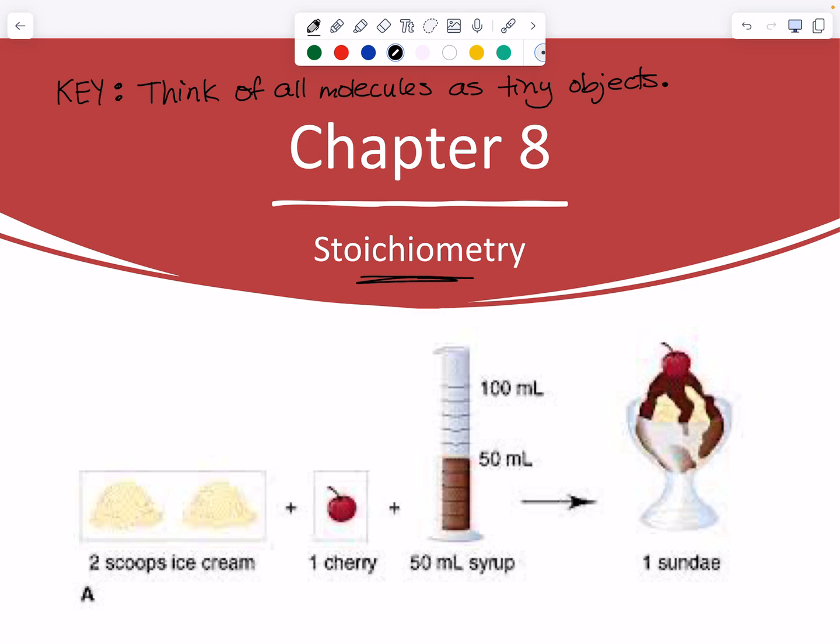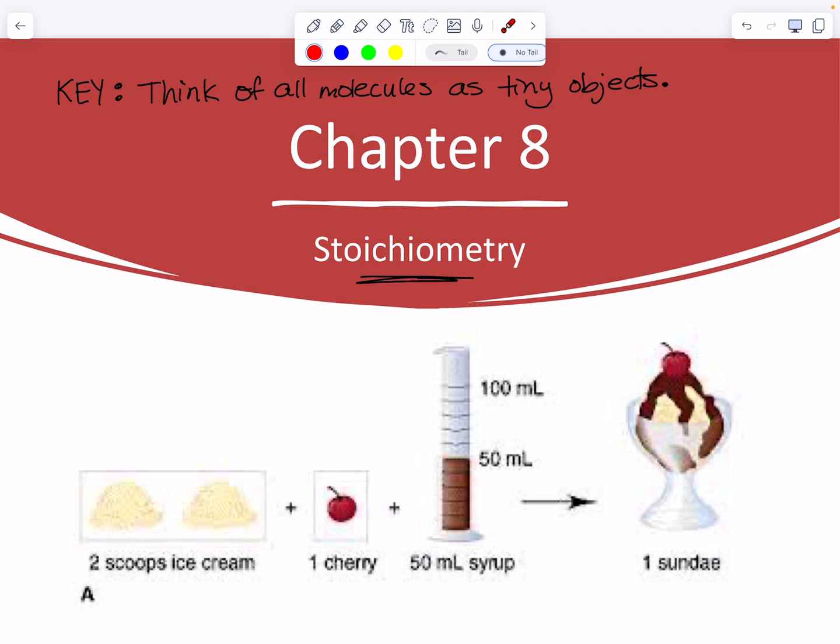We do it to communicate precisely. So stoichiometry, you've already grappled with in lab with the limiting reactants lab. The example we're going to start with today is not going to be a sandwich. It's going to be an ice cream sundae because that's a little more fun to eat sometimes. All right, so to make this sundae, if we were working at Friendly's or some big corporate ice cream chain that tells us exactly how many ounces of ice cream you can give someone when they order a sundae,